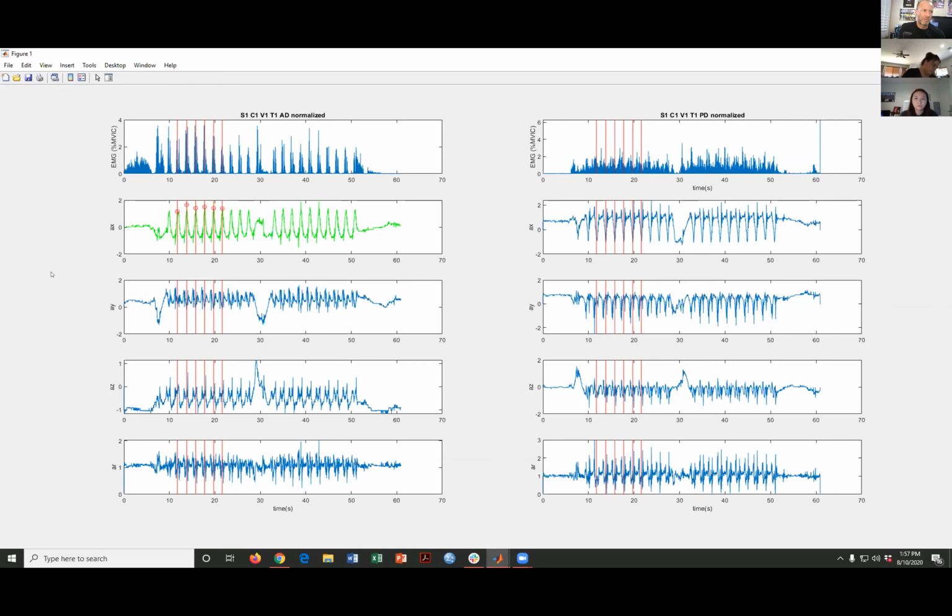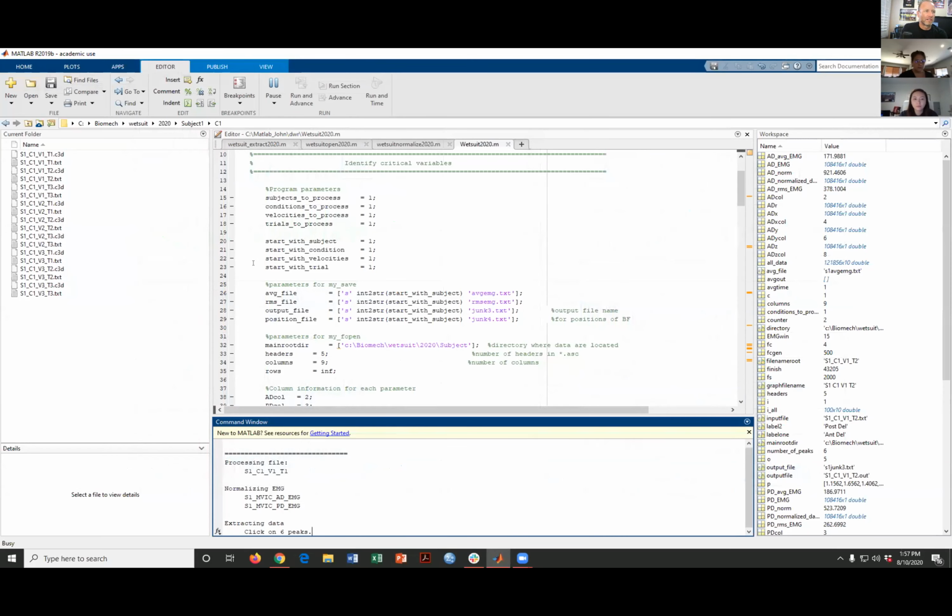All right. So now what I'm going to do is extract EMG data between these 2 bars and call that cycle 1. I'm going to extract EMG in these 2 bars, call that cycle 2, cycle 3, cycle 4, and cycle 5. I'll do the same thing for the posterior deltoid, but I'm using just these peaks to create all those red lines. Okay? All right, so now I'm going to hit enter, and I'm going to get a new plot and